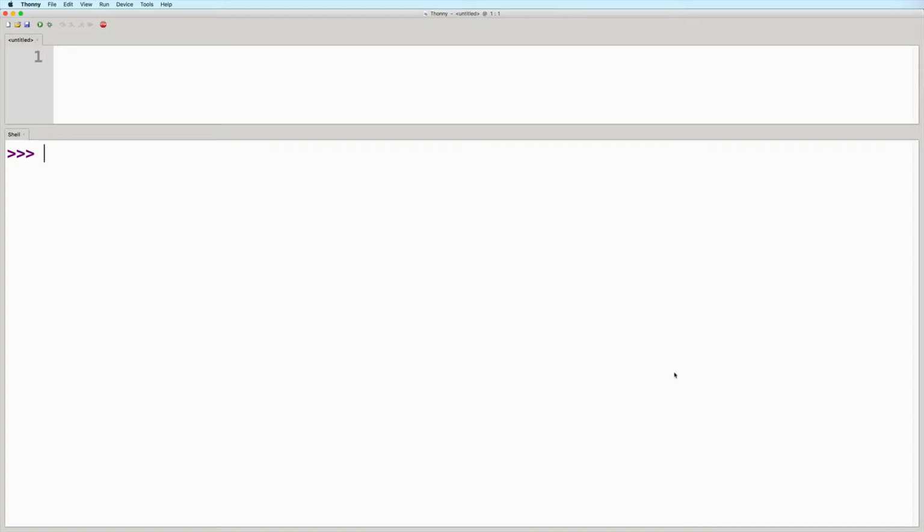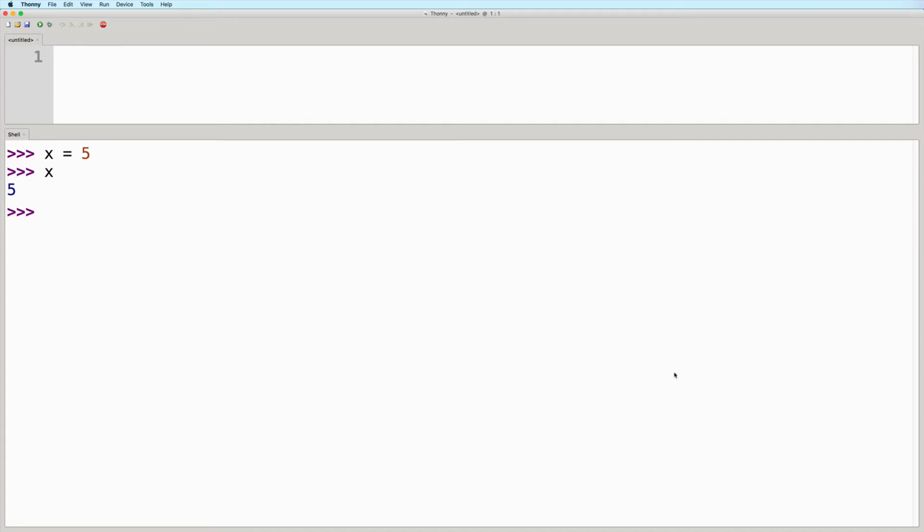Let's take a look at an example. Here in the shell, I'll create a variable named x and make it equal to 5. And then I will type x and I will press enter. And here we see that we get the value 5. So this is what it means when we say that an expression evaluates into a value. In other words, an expression is something that turns into or results in a value.